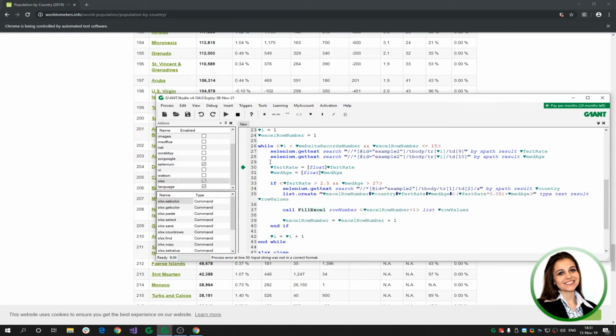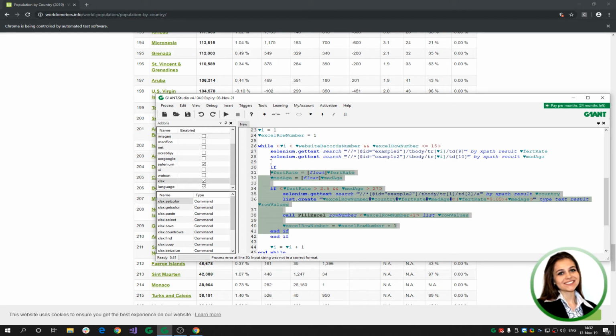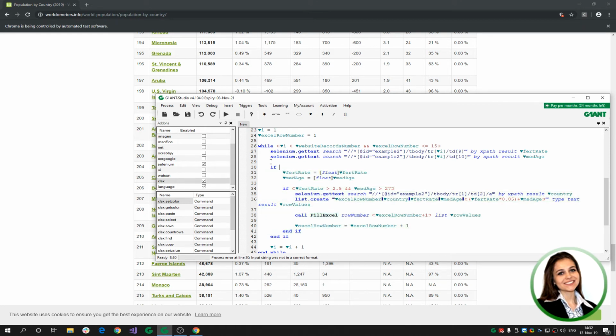So to resolve this, we can add another if. Let's close it so that we can see more code. Here, we'll add another if, and close the if block here. And of course, so that it's better, we can add another tab. So what should be in this condition? It should be third rate greater than 2.5 and med8, well, I'm just repeating myself. Well, we should specify that the third rate